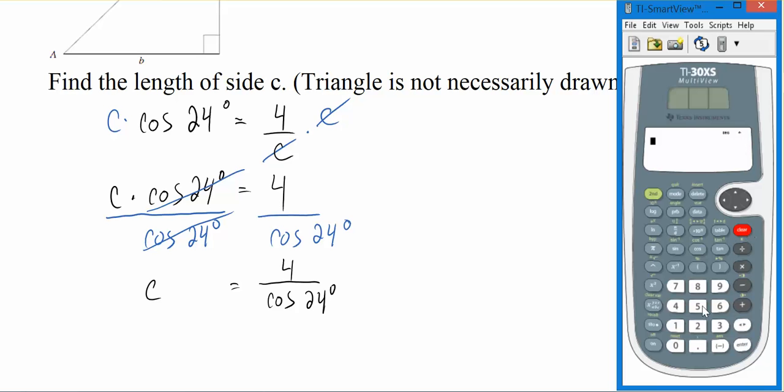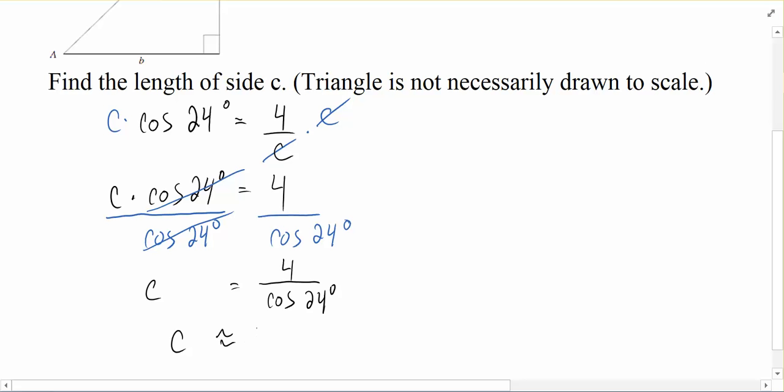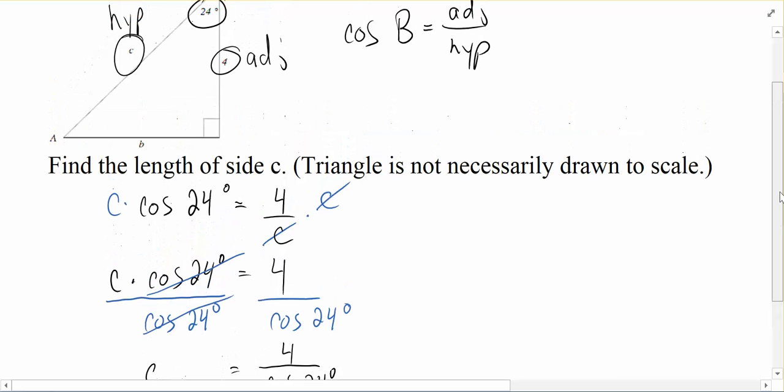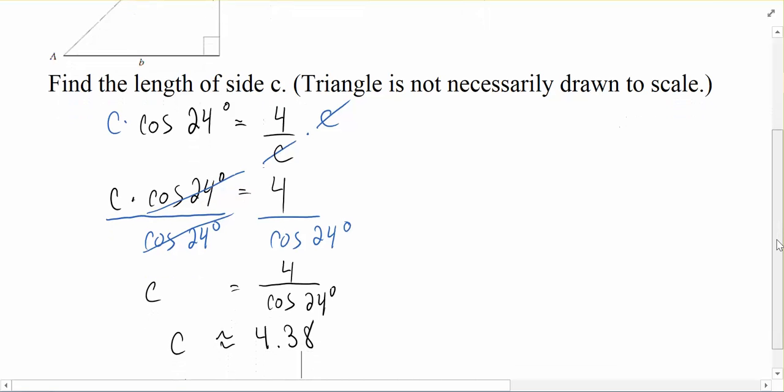At which point I can use my calculator to help solve that. I can say, what's 4? I can write it as a fraction or as divide by, whatever floats my boat. So 4 over cosine 24. And then I hit enter, and we're going to get about 4.38, we'll say. As a quick check, this needs to be bigger than any side length that's up there. The side length was 4. This is bigger than 4, so at least it fits into that